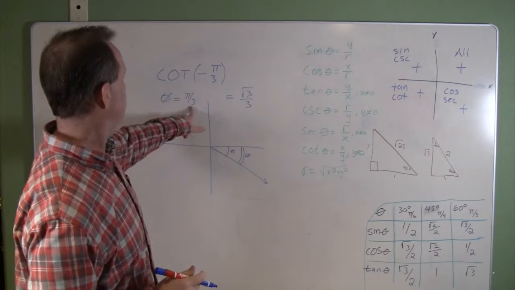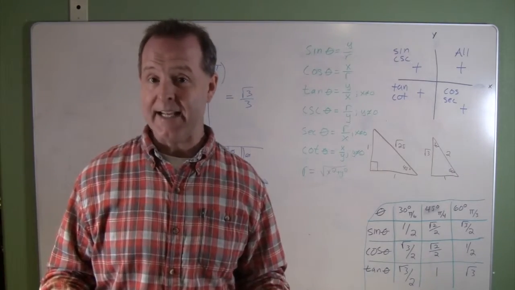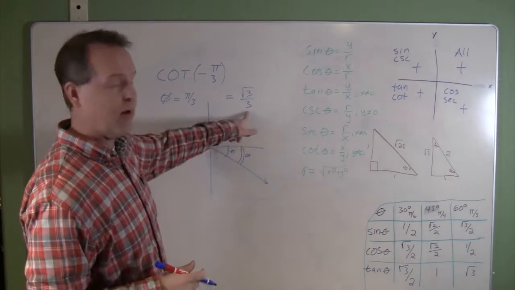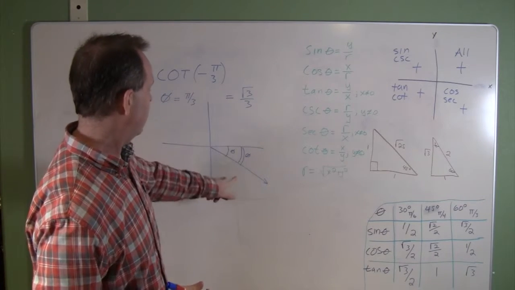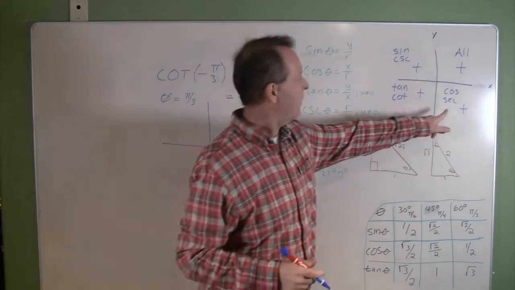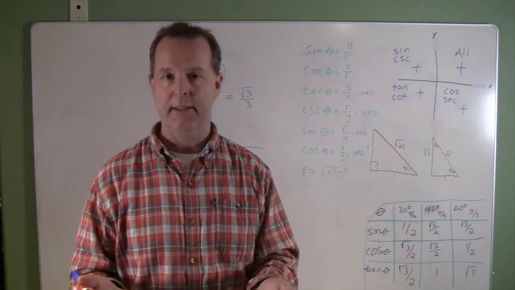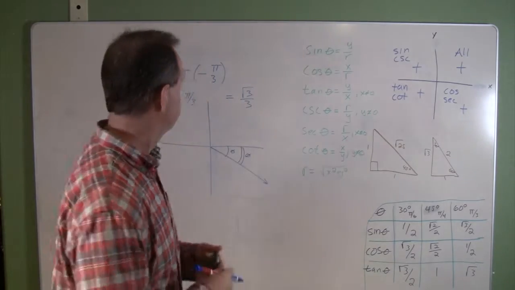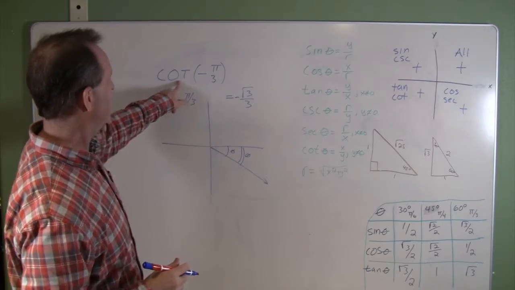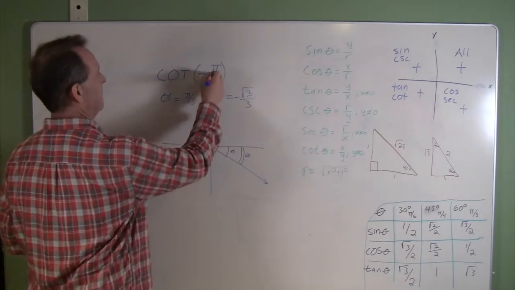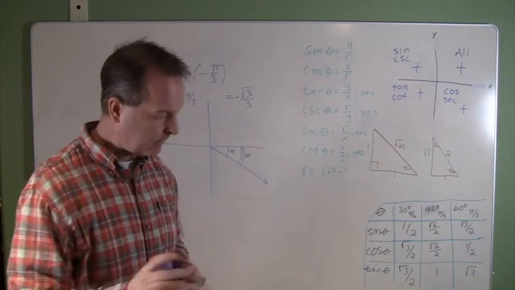So the cotangent of pi thirds is root 3 over 3. We don't know its sign yet, because this was only the value of the reference angle. To get the value of the original angle, we have to see that it was in the fourth quadrant. The fourth quadrant over here told me that cosines and secants were positive. Everything else was negative. So I know then that my value of cotangent of negative pi thirds is a negative root 3 over 3. All right, the last one,